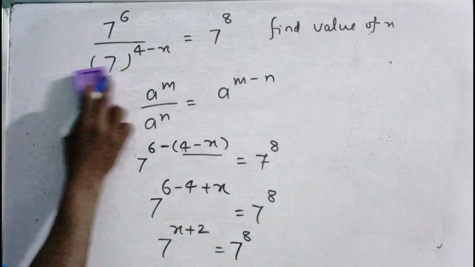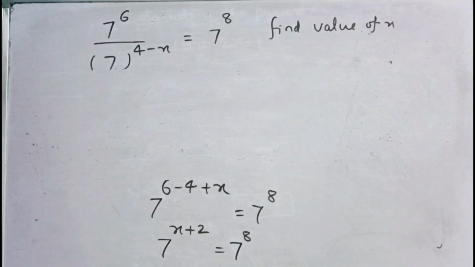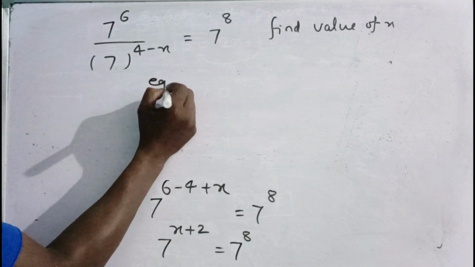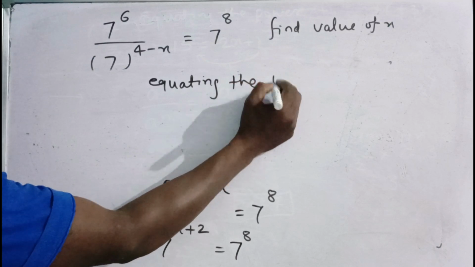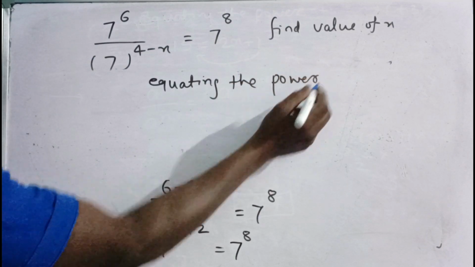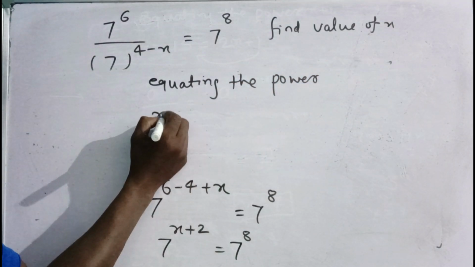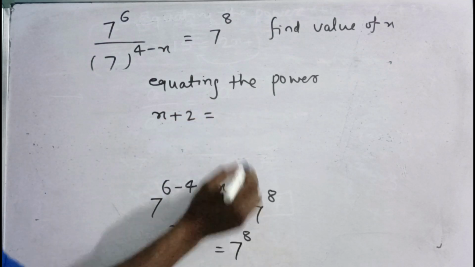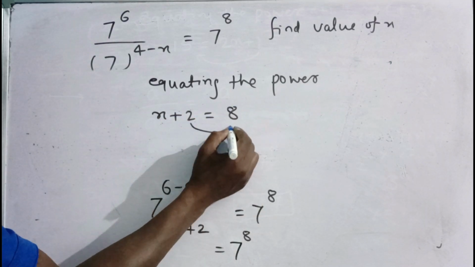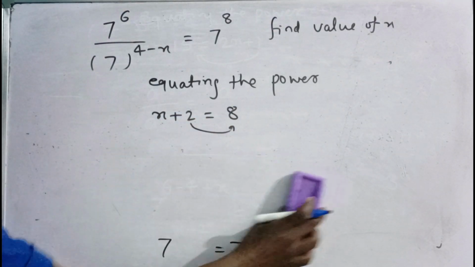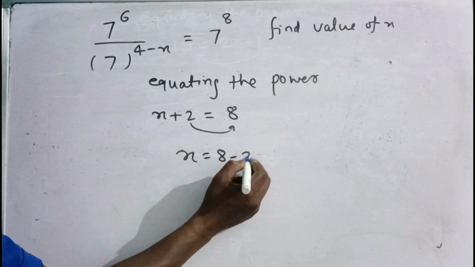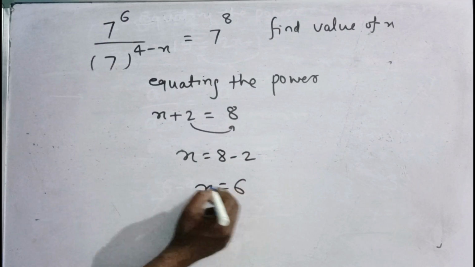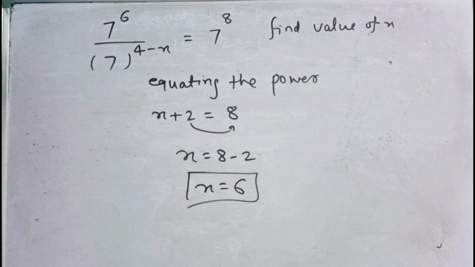Now equating the power, base is the same. x plus 2 is equal to 8. The 2 will go to the right hand side, so what will happen to the plus? It becomes minus. x is equal to 8 minus 2, x is equal to 6. This is the answer. Now